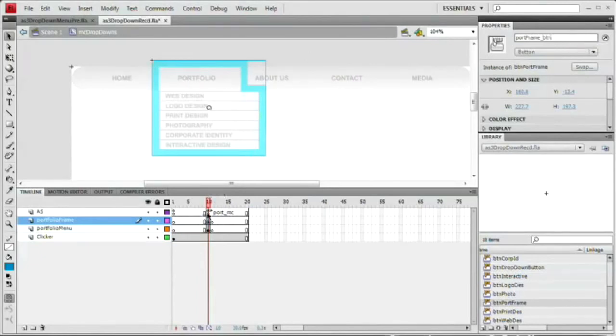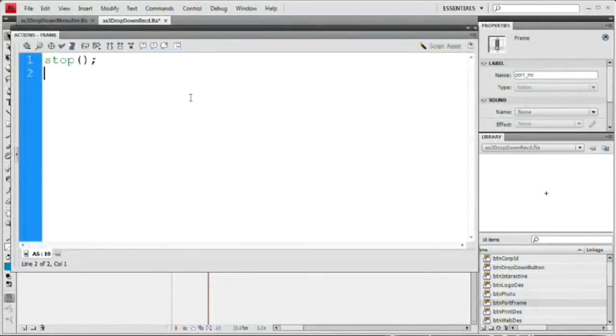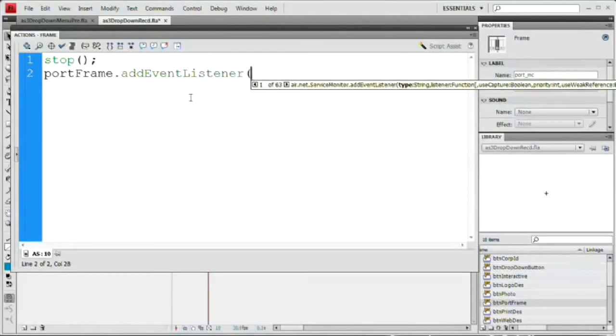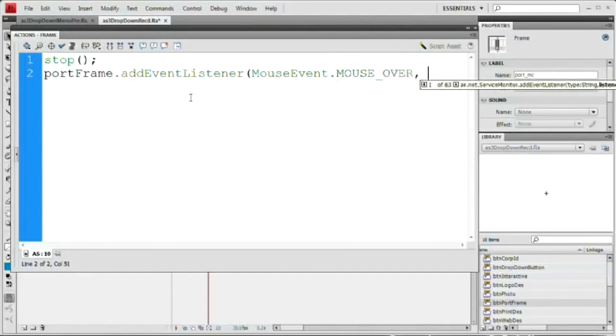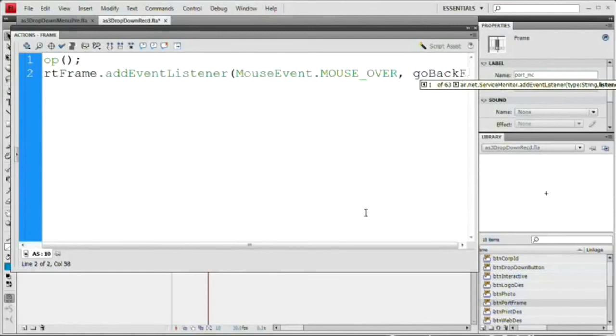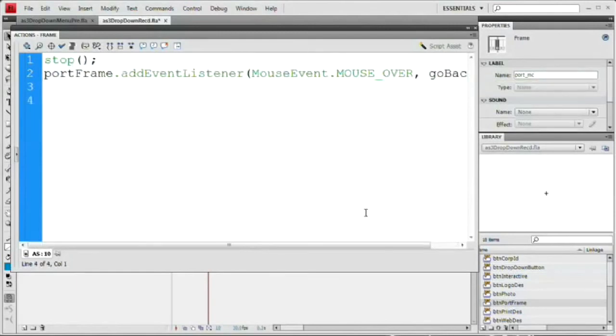port_frame_btn, and come back here to our actions, hit F9, and we're going to say port frame dot addEventListener, open parenthesis, and we're going to say MouseEvent, just like that, dot MOUSE_OVER, and we're going to execute the function goBack, because really that's what we're doing, is going back to frame 1. goBackF, close parentheses, semicolon, and here the function is function goBackF,